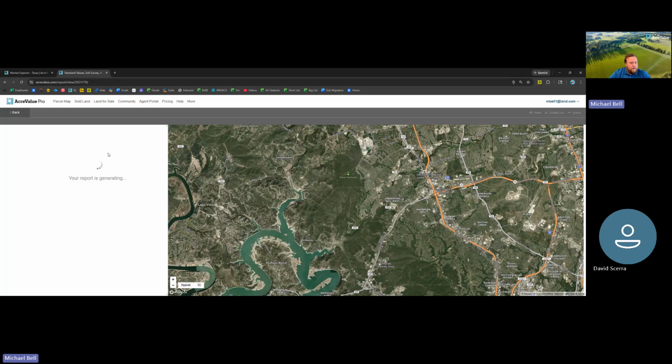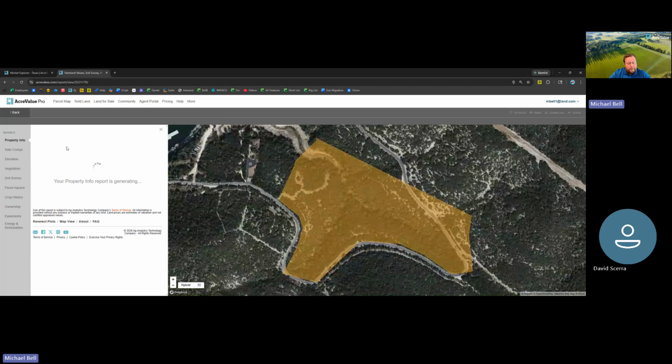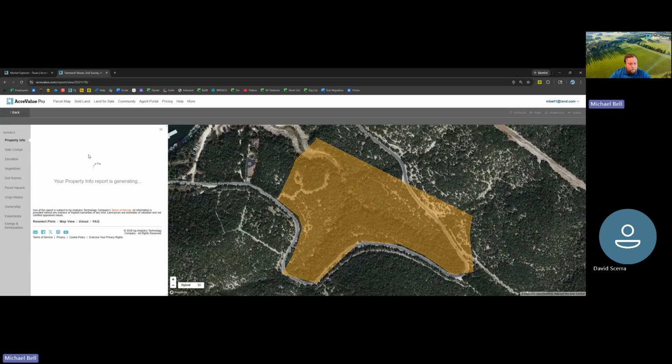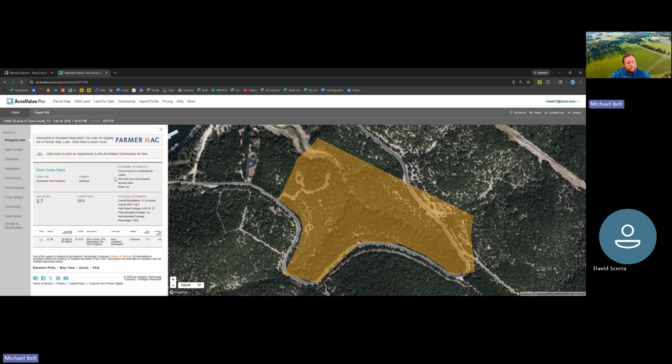This parcel, as far as the ownership information, the average NCCPI, which is our soil quality, compared to the surrounding parcels, will all appear here on the first screen. And this is all exportable into a PDF format, whether you're sharing it internally or externally with any customers.